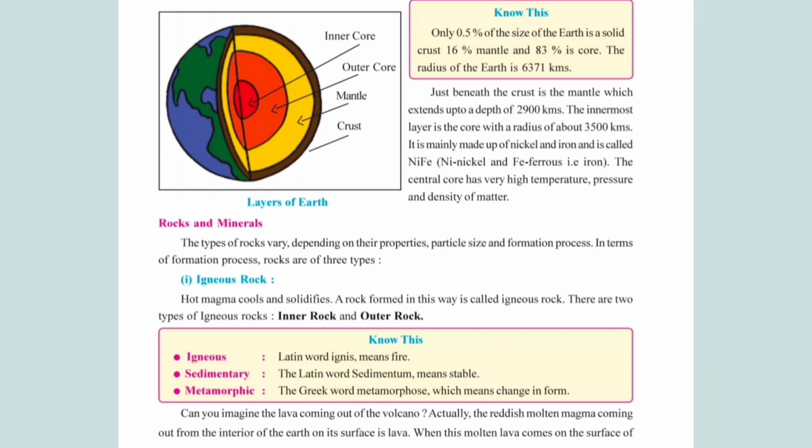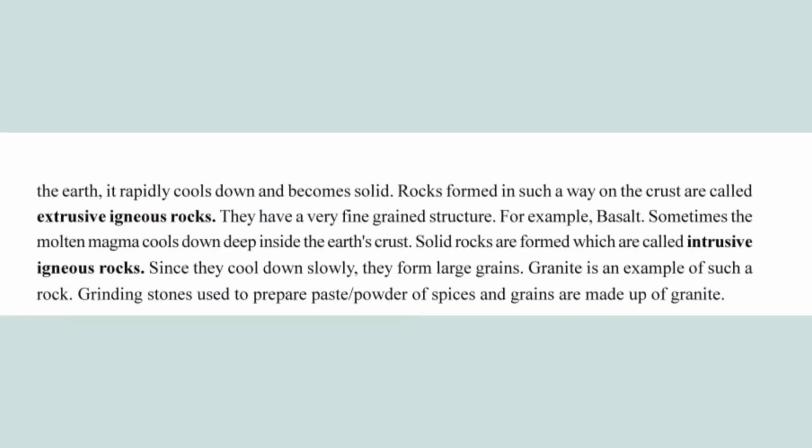So now the first rock is igneous rocks. These igneous rocks are a result of volcanic activity. So you have a volcano that flows out, and once this magma flowing out solidifies, it is known as igneous rock. These igneous rocks are also known as primary rocks, and the most important thing here is to understand these igneous rocks could be of two types.